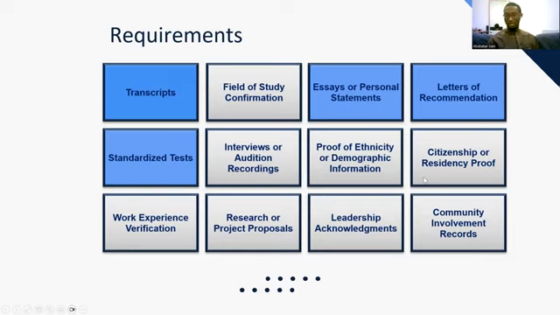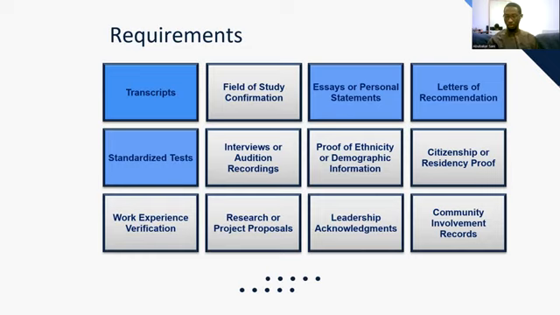We have citizenship or residency or proof. Okay, proof of ethnicity. So sometimes some scholarships are for some ethnic background, like some people of some ethnicity. Let's say you are black. Okay, they might say this is a scholarship for Africans. Okay, so if you are not an African, you don't get the scholarship. This is a scholarship for Asians, for Indians. So only people from that will be able to get that scholarship.